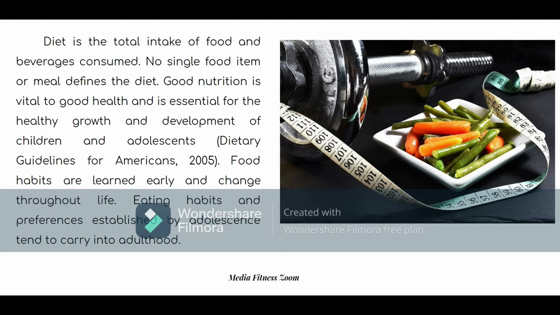Eating habits and preferences established by adolescents tend to carry into adulthood. These are the evidence, and based on these points, we should try to correct our eating habits